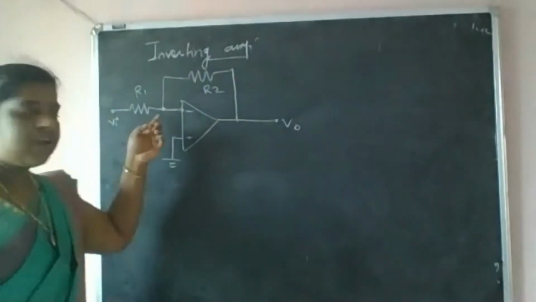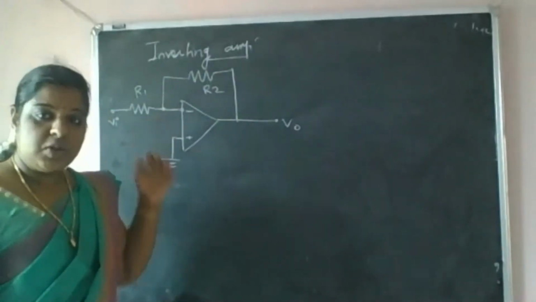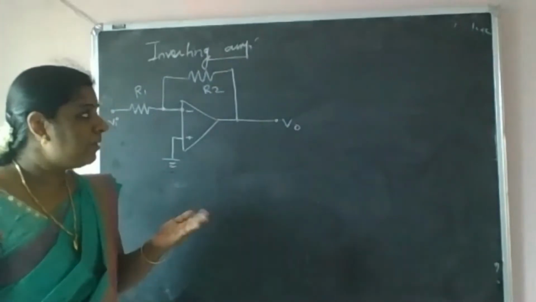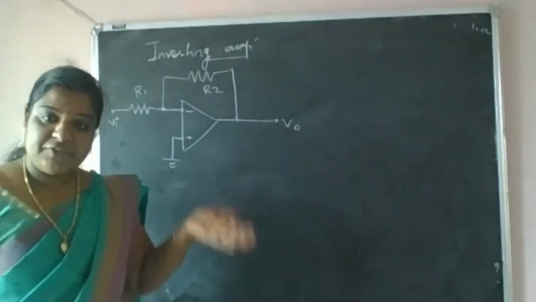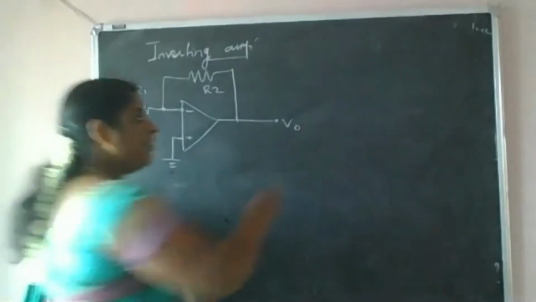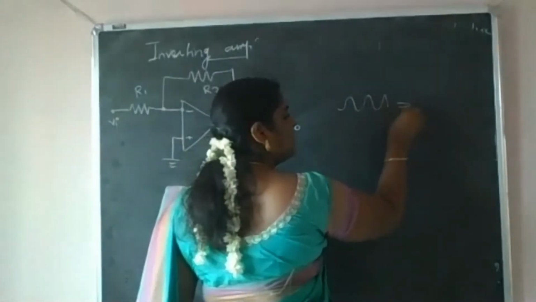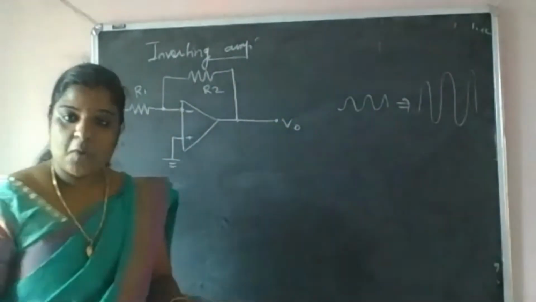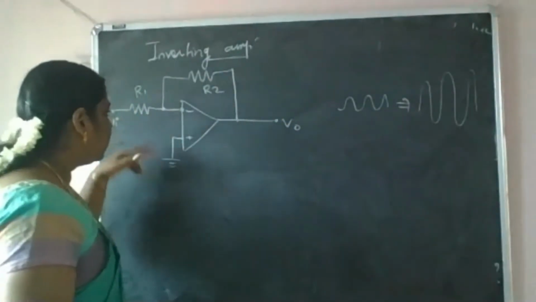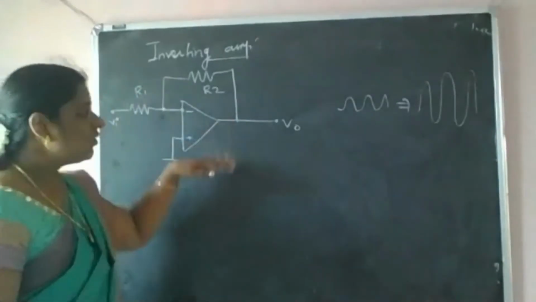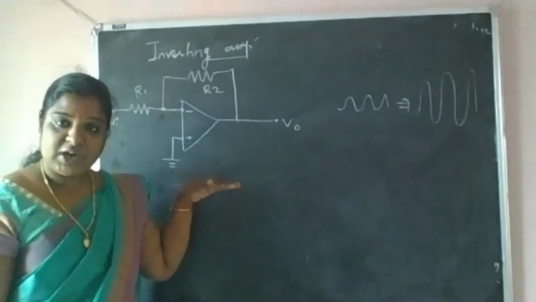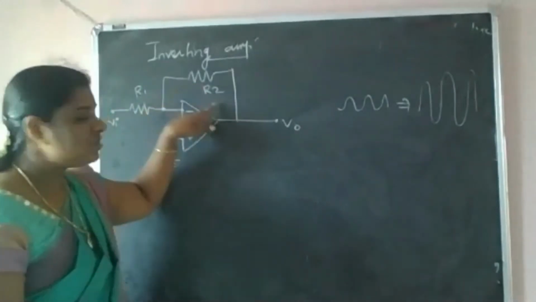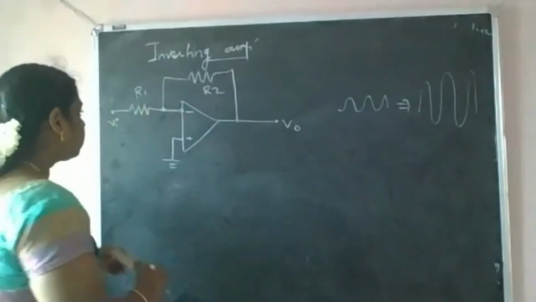The reason for connecting this feedback connection is to improve the stability. For amplification purposes, an op-amp is used to amplify the input signal. So if you give the input signal like this, the output will be like this. To amplify the signal, we have to use this operational amplifier. Similarly, to make this circuit act as an amplifier, we have to connect negative feedback. That's why we connect this feedback loop to the negative terminal.